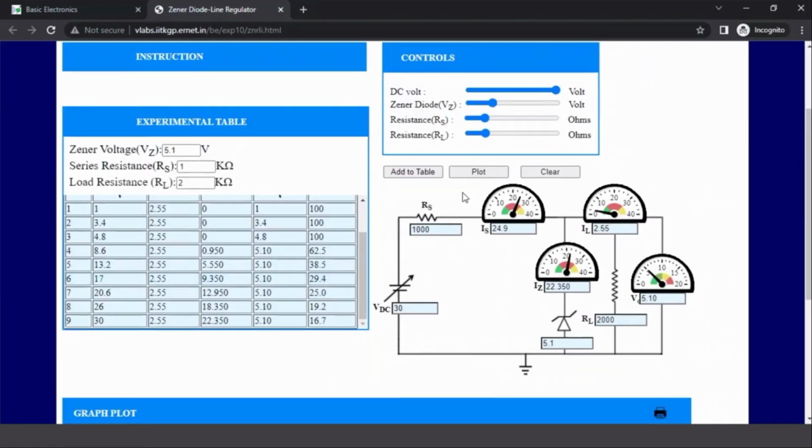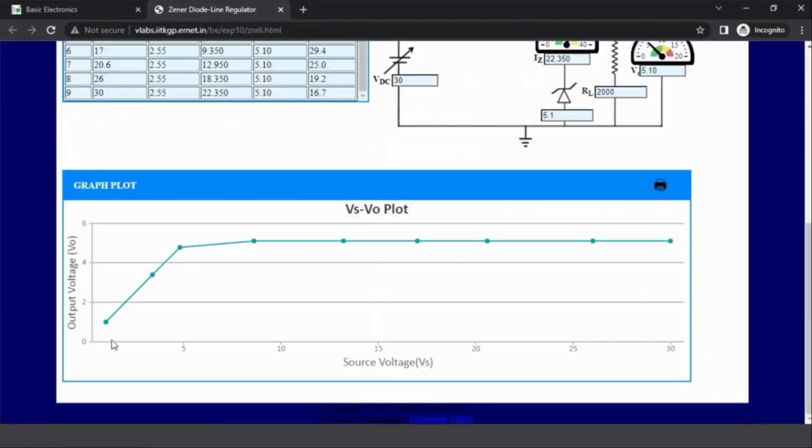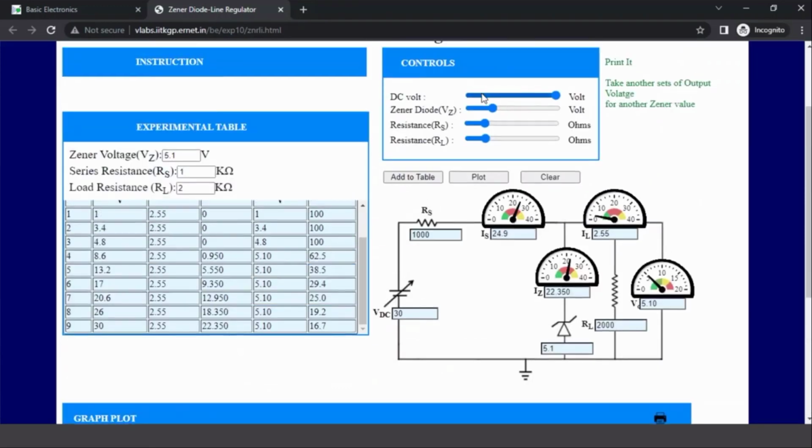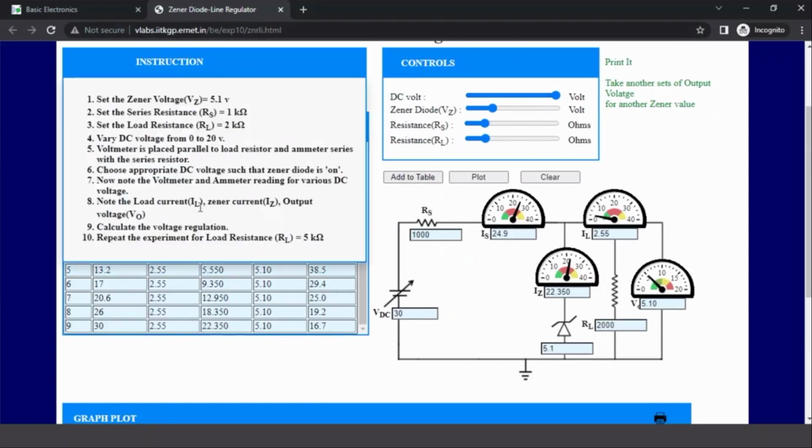Same thing, you need to plot this first. You can see here output voltage with respect to Vs, because regulation is in terms of variation of input voltage. You are varying and seeing after what value, around 4.8 volts, right? After 4.8 volts you can see the output voltage remains equal to the Zener voltage. So regulation is taking place here. So you need to plot this graph. I've just shown you how the profile of this graph will be. So take more, smaller points when you do this experiment on the virtual lab platform.